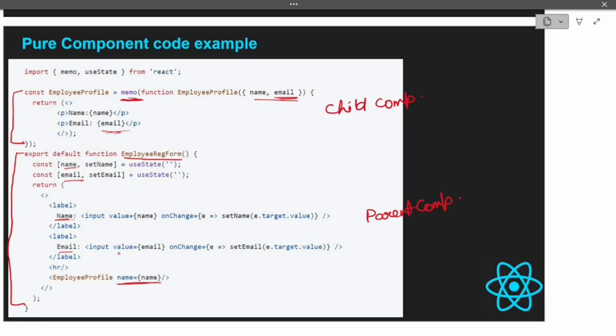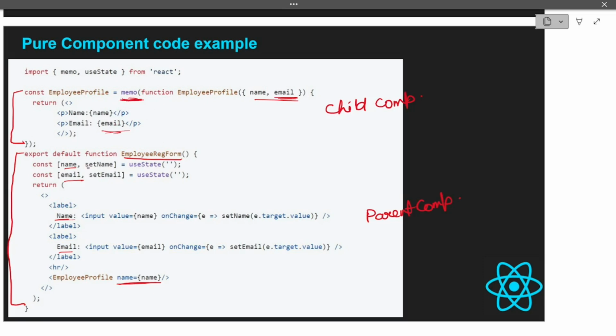You can understand that the re-rendering is happening for a reason, because the name is changing, so ideally the name should change here also. But we don't want my child component to re-render when I'm changing email. That is the only reason we have wrapped this child component inside a memo.